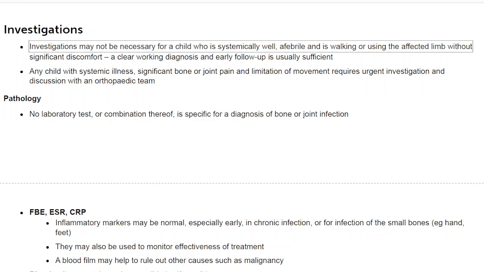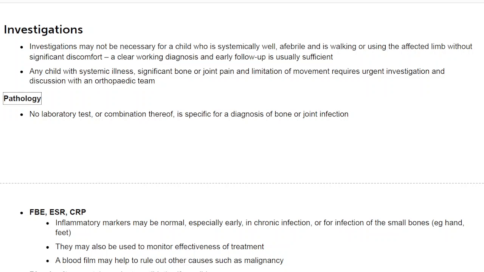Investigations. Investigations may not be necessary for a child who is systemically well, afebrile, and is walking or using the affected limb without significant discomfort. A clear working diagnosis and early follow-up is usually sufficient. Any child with systemic illness, significant bone or joint pain and limitation of movement requires urgent investigation and discussion with